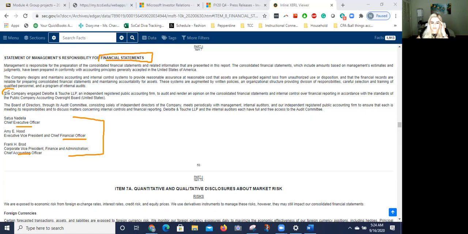And also, they confirm that they have used Deloitte and Touche to represent an opinion on the financial statements and the internal control in accordance with PCAOB,